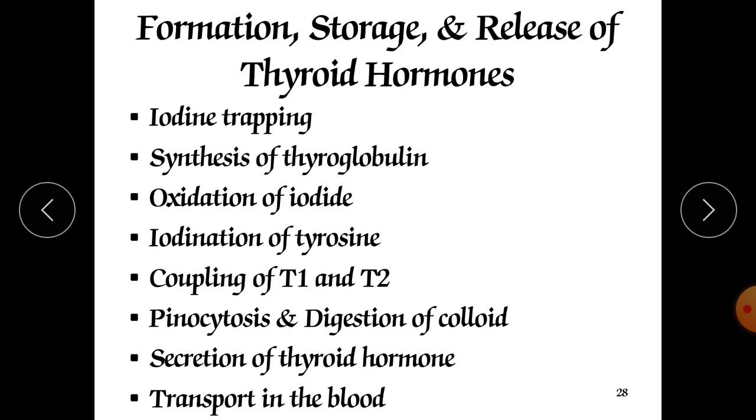What is our expected thyroid hormone? It is T4. T4 is produced in greater quantity, but its level should be regulated, because conversion occurs from T4 to T3. Moreover, when T4 enters a body cell, most of it is converted to T3 by removal of 1 iodine, and this reaction is irreversible. Once T4 is converted into T3, it is irreversible, means the T4 level has declined. So that depends on our body requirement.